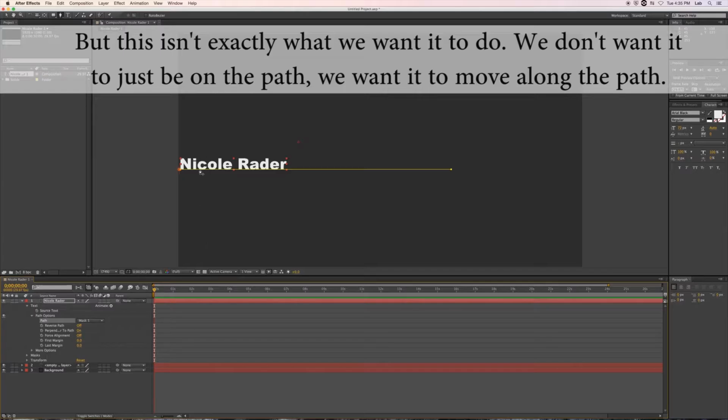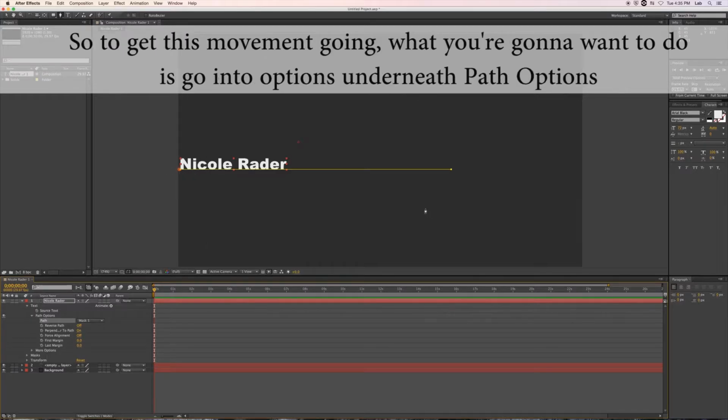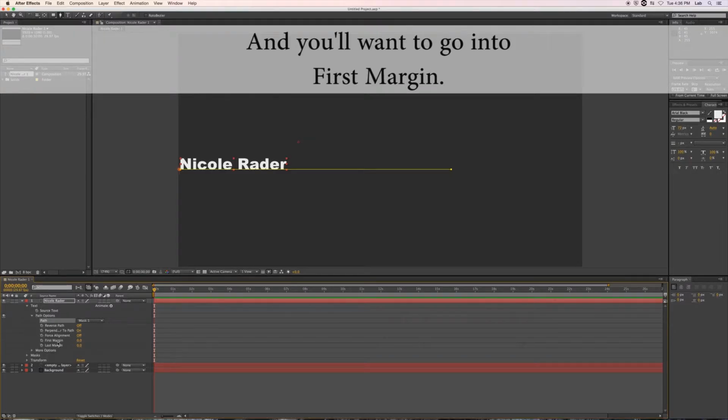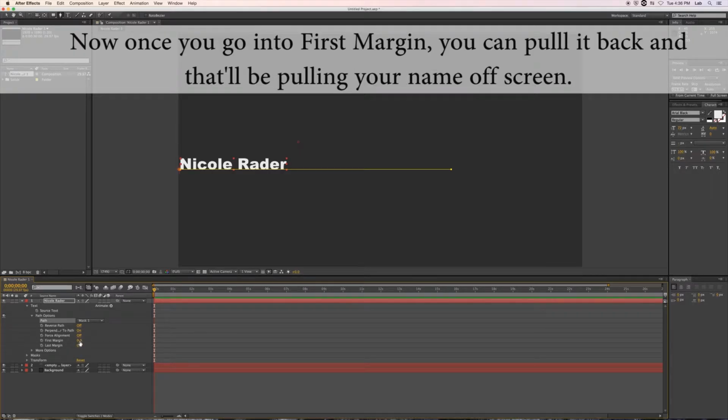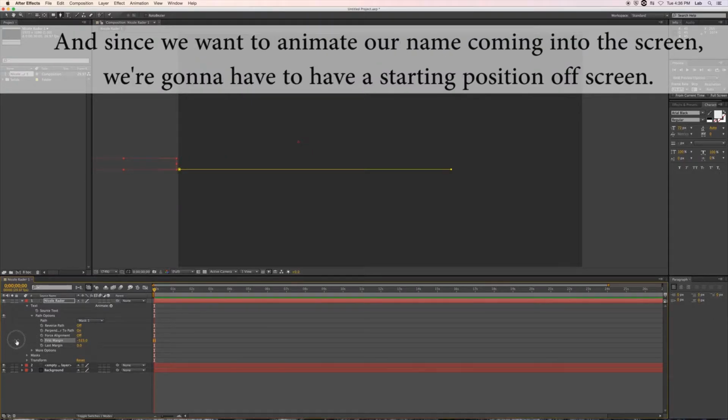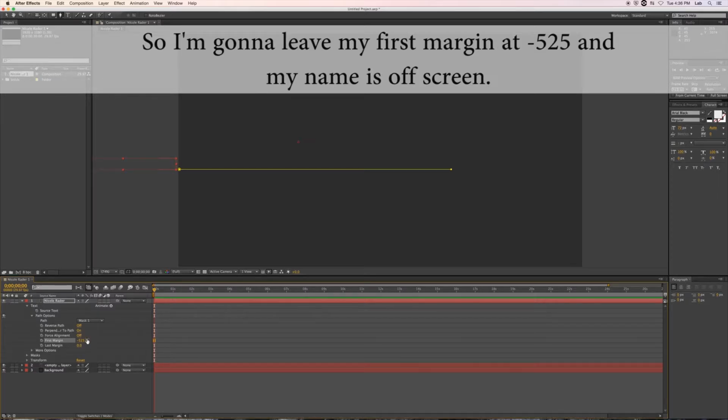We don't want it to just be on the path, we want it to move along the path. So to get this movement going, what you're going to want to do is go into the little like options underneath path options, and you want to go into first margin. Now once you go into first margin, you can, as you see, pull it back, and that'll be pulling your name off screen. And since we want our name to animate like coming into the screen, we're going to have to have a starting position where we're off screen. So I'm going to leave my first margin at -525, and that's my name is off screen here,